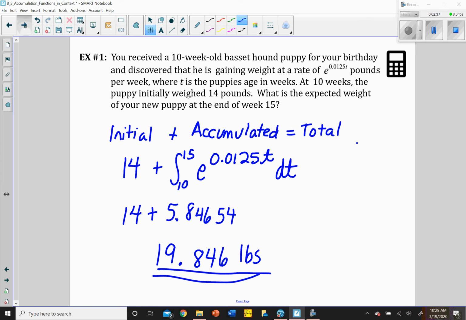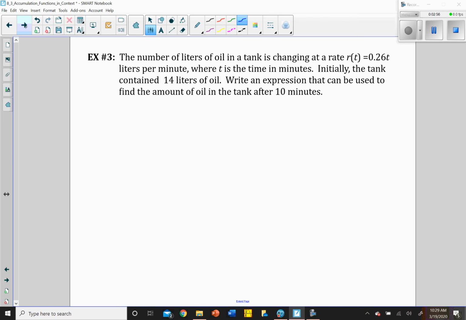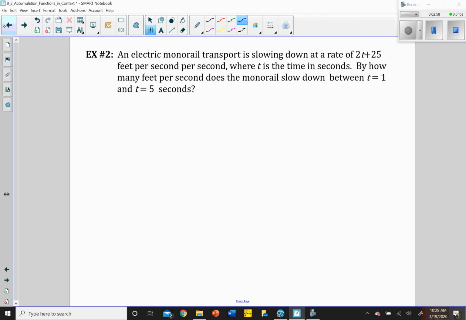Okay, on to the next example. In example 2, an electric monorail transport is slowing down at a rate of 2t plus 25 feet per second. So by the units, that's our acceleration. And t is the time in seconds. By how many feet per second does the monorail slow down between 1 and 5 seconds? So we could calculate that between 1 and 5 seconds for that rate, the integral of 2t plus 25 dt